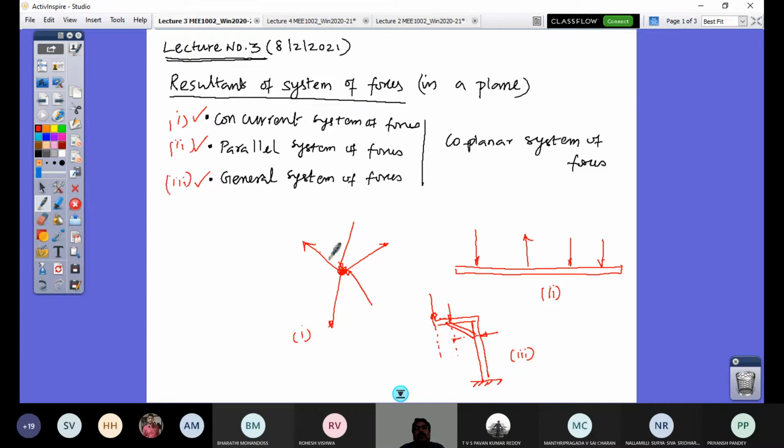We are going to look at a rigid body and the system of forces acting on it, and then we will do a process called replacing that by a single force called the resultant. Here I have 5 forces. If I replace this by a single force, that is called a resultant. Here I have 4 forces. I replace this by a single force and represent that on this member. That is its resultant. Here I have 3 forces. I replace them and represent them in the frame by a single force. That is its resultant. That is what you are going to learn today. For that, let us look at this example problem.